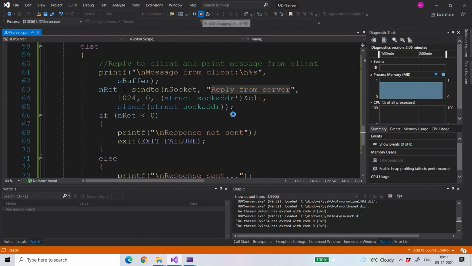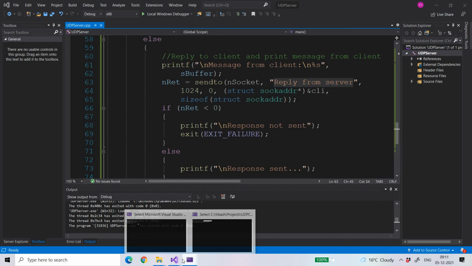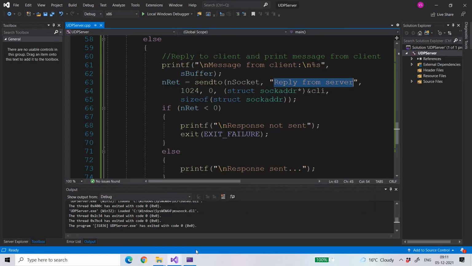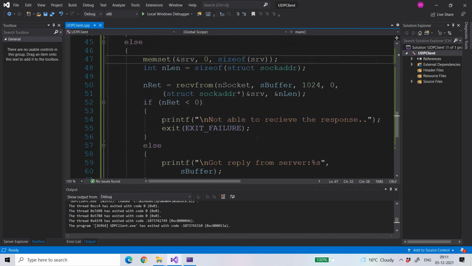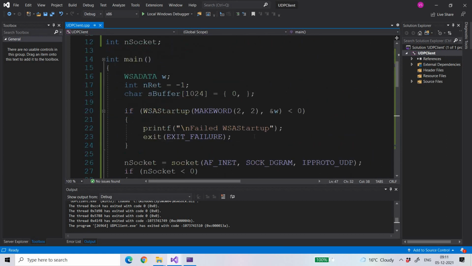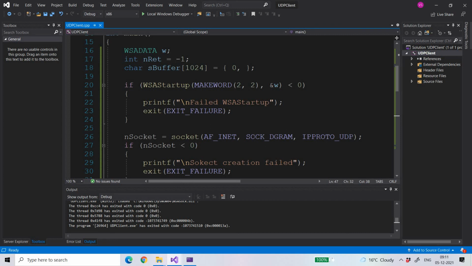So that's all about this client and server. Let me close this client, and this was all about the UDP client and server. In the next video we will see how you can manage a number of UDP clients, if there is more than one UDP client, and you have to manage all of them and get the message from all of them.